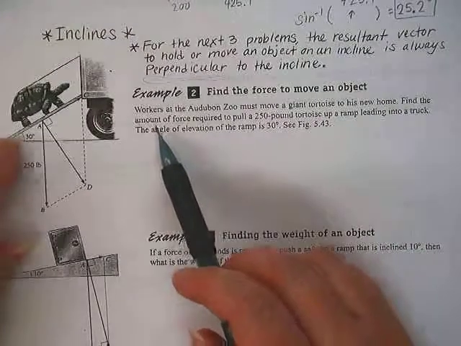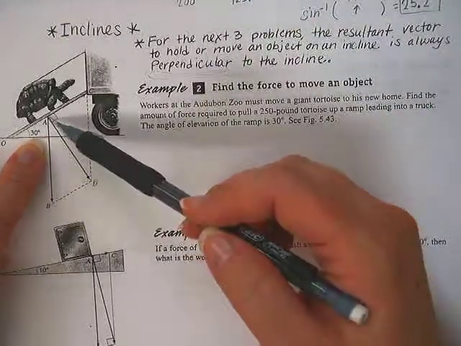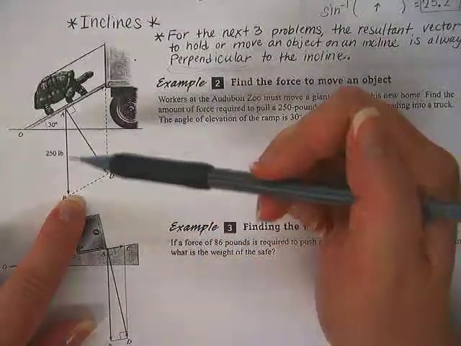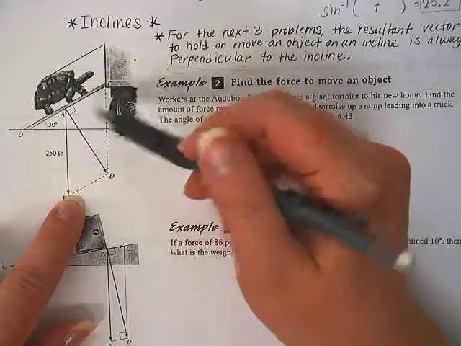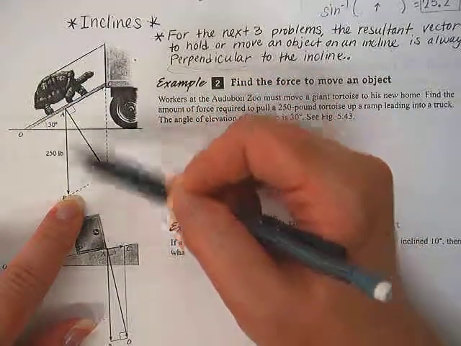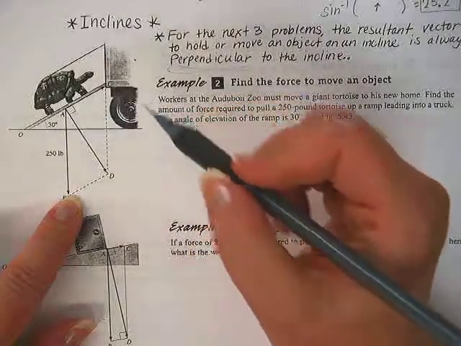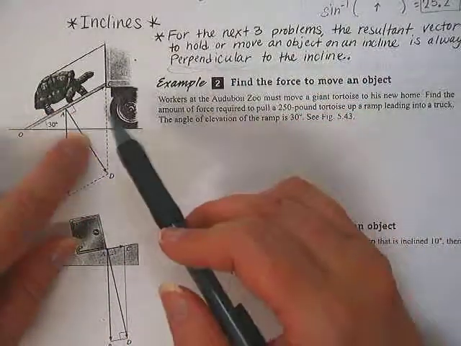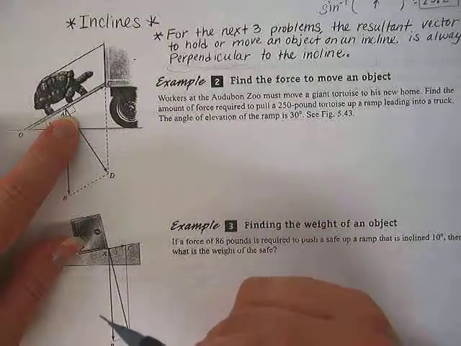So, okay, here's the tortoise on the ramp. The ramp is a 30-degree angle with the ground. Why do we have a line coming straight down? What does that represent? That's the weight of the tortoise, because weight, like I said a few minutes ago, is just the force of gravity acting on the mass of an object. So the gravity acting on the tortoise is 250 pounds toward the center of the earth, which is where gravity acts. Okay, so now here is the resultant vector, which is the vector required to